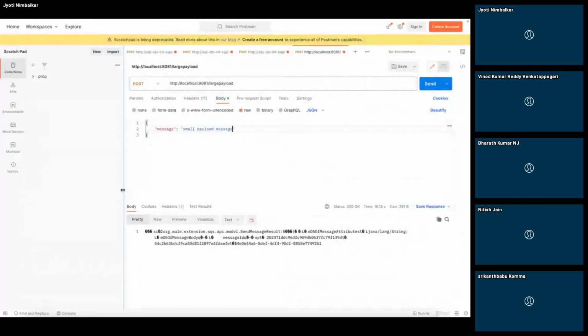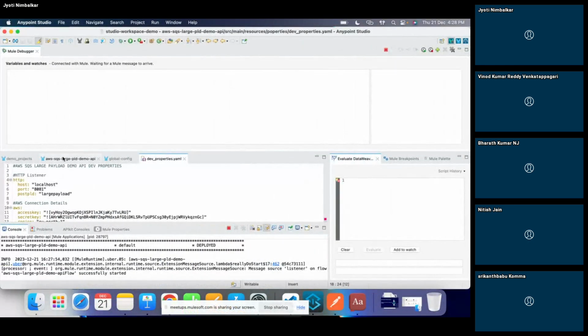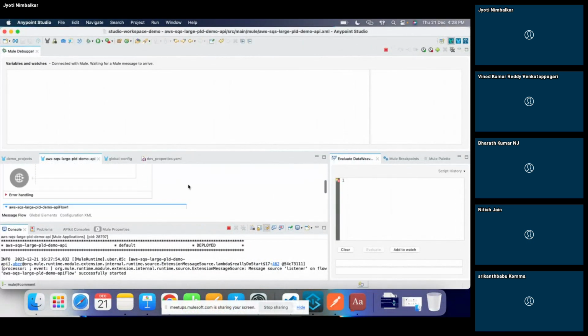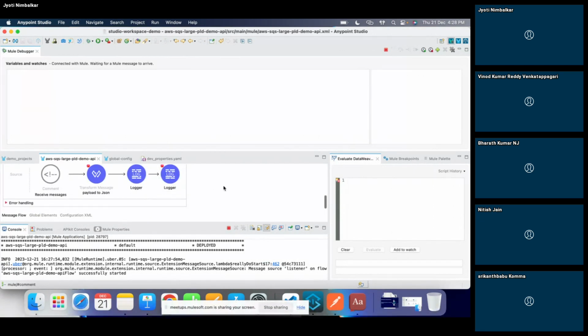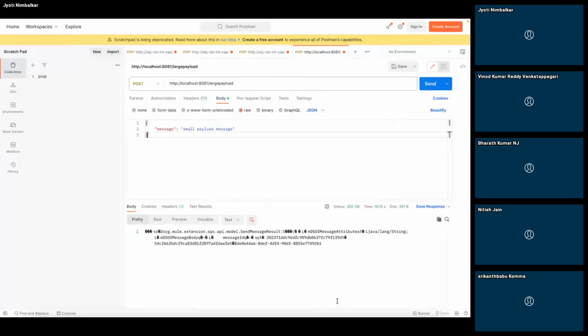I have already prepared the Postman URL and everything. We'll try to publish a small message. I have commented out this flow because as soon as we publish the data, it would be subscribed, and I just wanted to show the payload over AWS. Okay, this got deployed. We'll try to push the data.